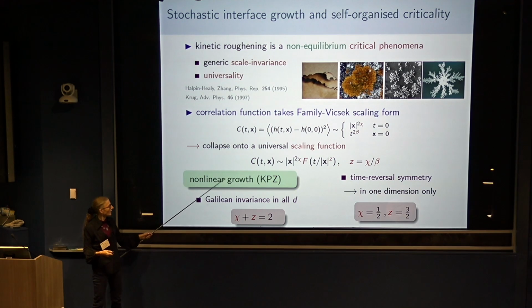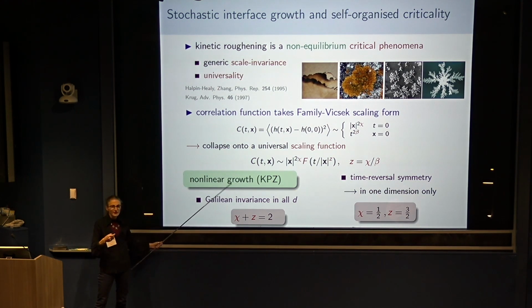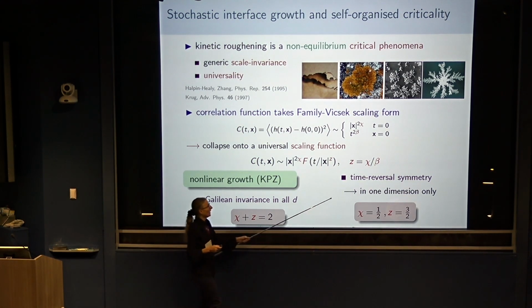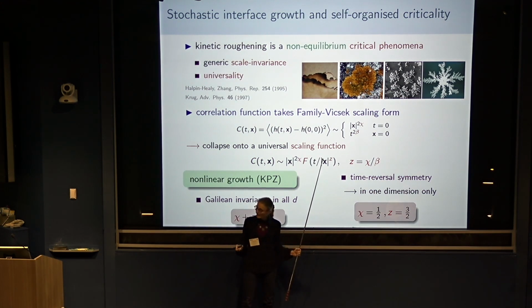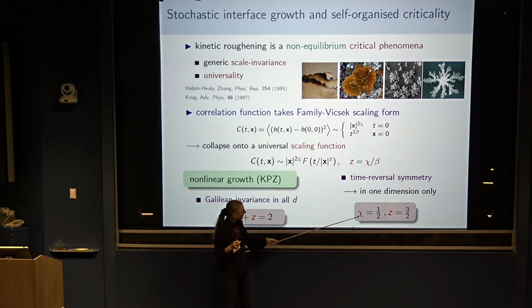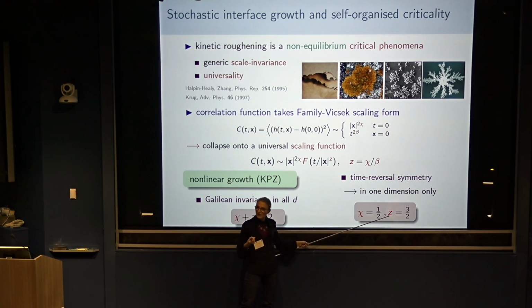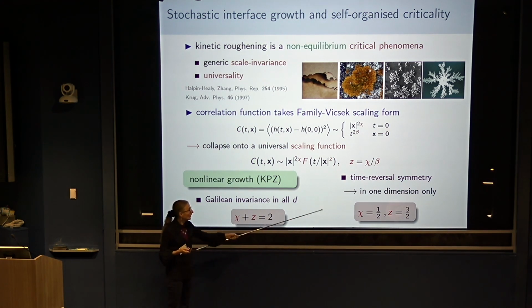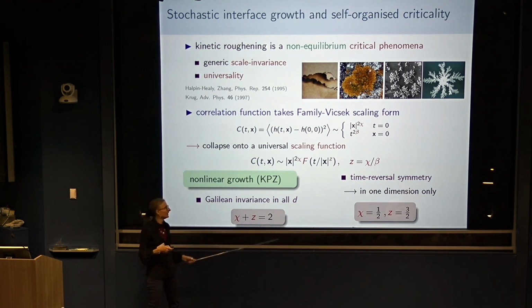But with the nonlinear growth, first you have an identity which comes from Galilean invariance in all D, which fixes a relation between chi and z. So in fact, you have just one independent exponent. And it turns out that you have an accidental time reversal symmetry in the nonlinear case, but in 1D only. And so it fixes this exponent to 1/2. So it's also a Brownian in space in the stationary limit. But you see that the dynamical exponent is really different. You have 3/2 instead of 2, so it's a huge correction. And this is a super diffusive dynamics. Okay? And in other dimensions, the exponents are not known exactly in KPZ.